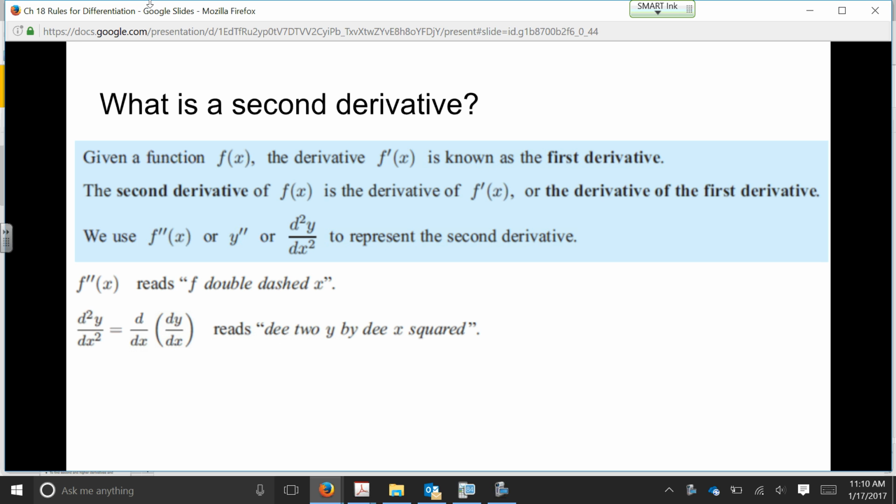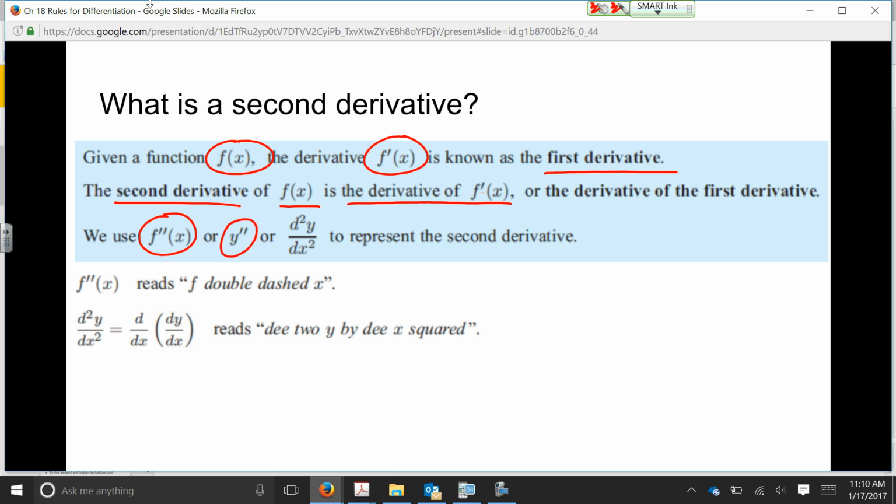So we see here, given a function f of x, the derivative f prime of x is referred to as the first derivative. That's what we've been spending all of our time with so far. But if we're looking for the second derivative of f of x, it's the derivative of f prime of x. But a better way to write that is f double prime of x, or y double prime. Or you could also read it as